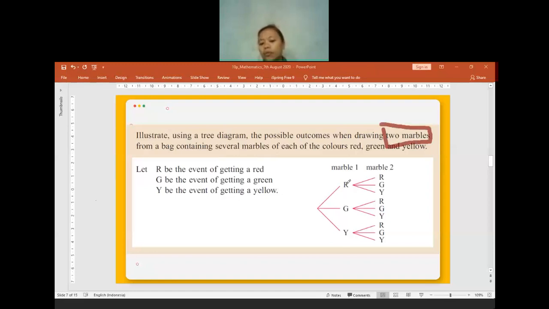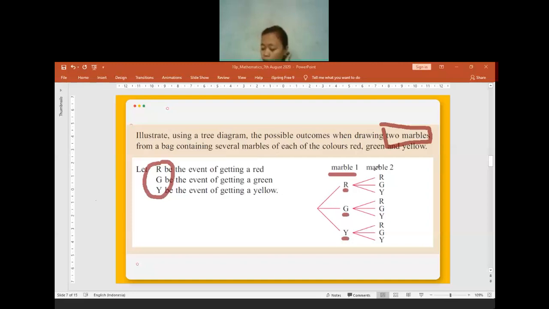So this is for the very first one, because there are 3 colors, red, gray, and yellow, so it will be RGY. R for the red, G for the gray, Y for the yellow. And then for another marble, there will be 3 types of possibility. It can be red, it can be gray, it can be yellow. That's why I have to make another branches in here for the RGY for each marble that I already took from the very first one. That's why if I make the tree diagram, it will look like this.